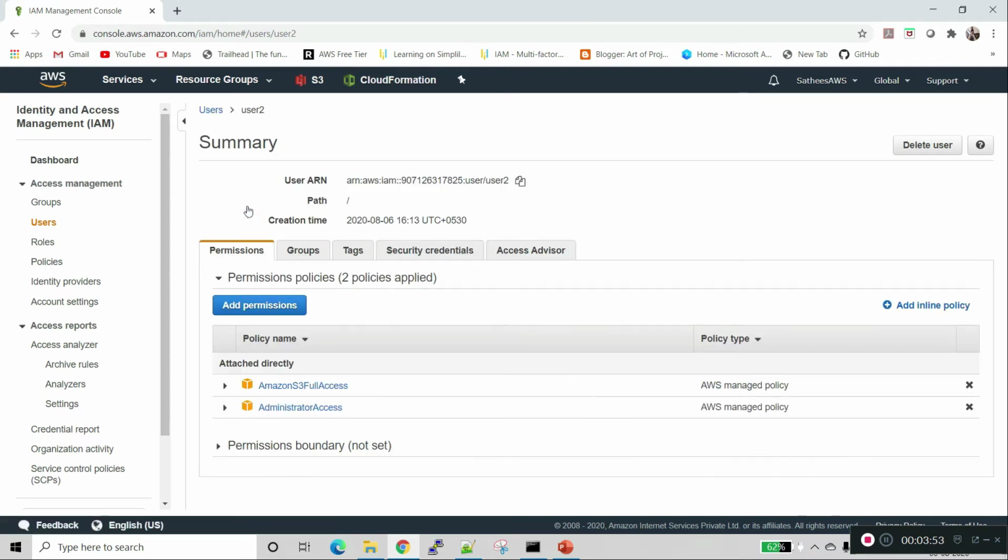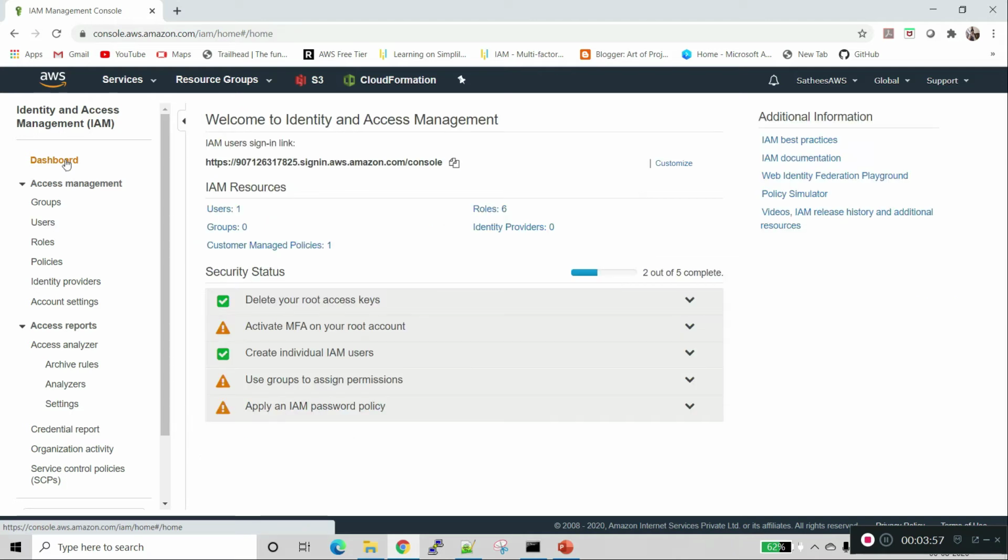So I am clicking the user. Let's go to the dashboard. Here in the dashboard we need to see the IAM users sign-in link. This is the link used for all the IAM users. There are two categories of user: one is IAM user, another is root user. I created this IAM user using my root user access.